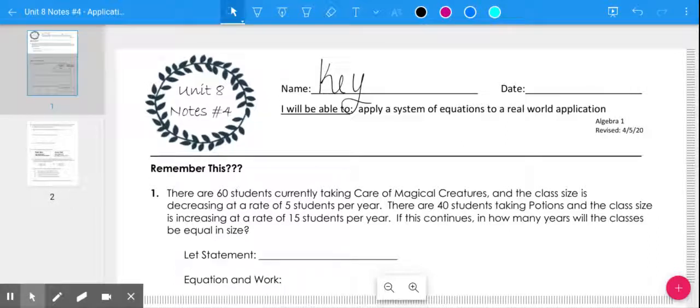All right, so today we're going to be looking at Unit 8, Notes number 4. And we're still looking at systems, but we're finished with graphing, so congrats, you made it through graphing. Now we're going to be looking at how can we solve application problems with these systems. This is actually something that we've already kind of done before, so you might feel like this is pretty familiar,